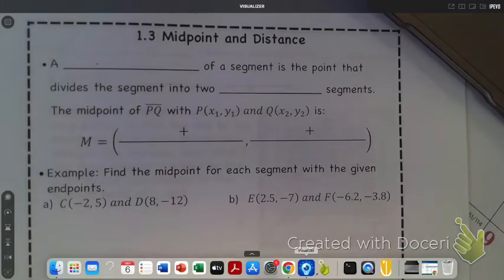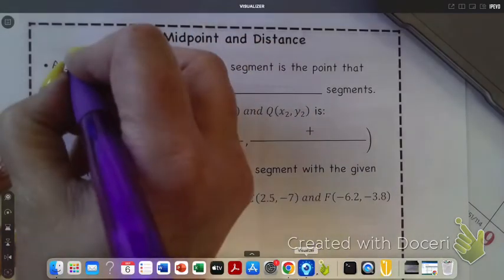Okay, 1.3 midpoint and distance. The midpoint and distance formulas are rather important to us. They are used quite a bit throughout. A midpoint